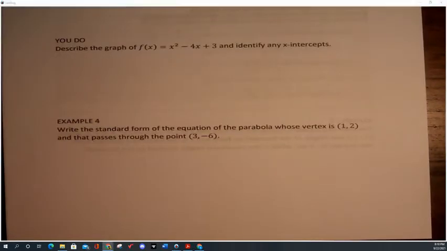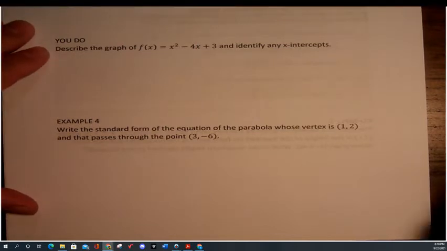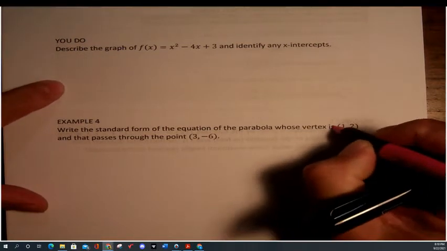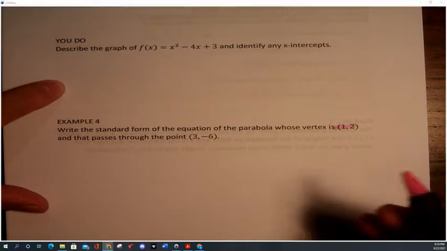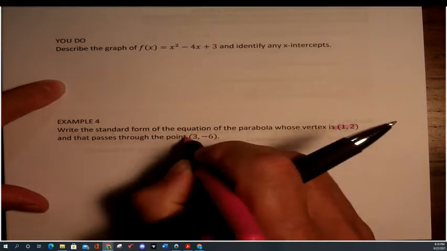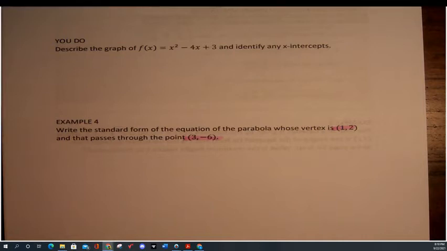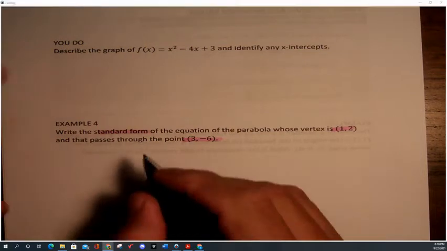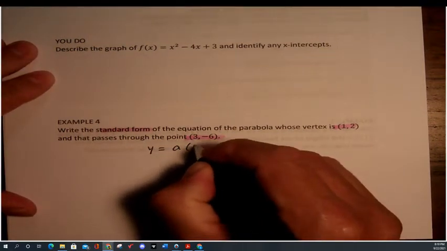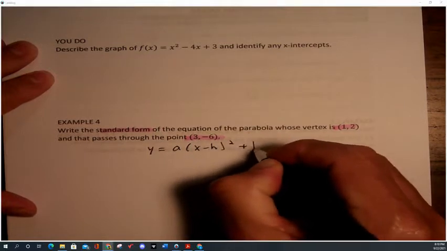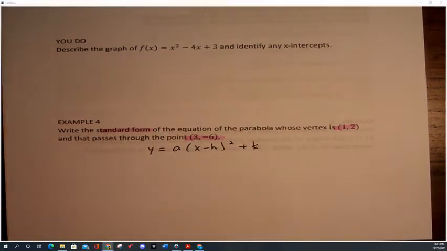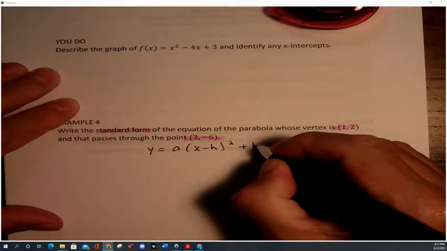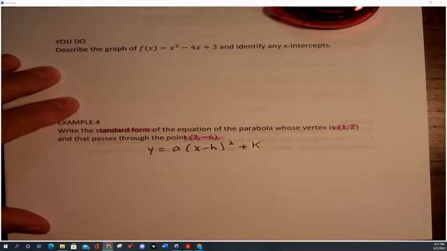Example 4: write the standard form of the equation of the parabola whose vertex is (1, 2) and that passes through the point (3, -6). So we know the vertex is at (1, 2). We also know the parabola passes through the point (3, -6). I want to write this in standard form. Please remember that standard form is y = a(x - h)^2 + k. As I've mentioned before, I'm always used to calling this vertex form, but your book is calling it standard form. Anyway,